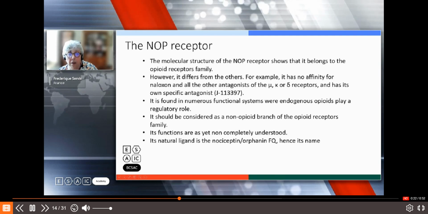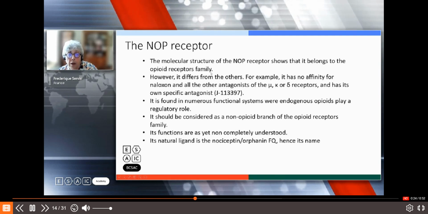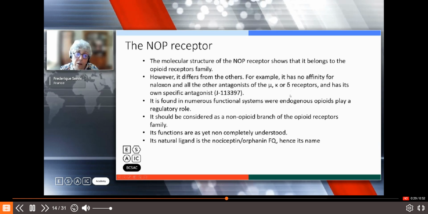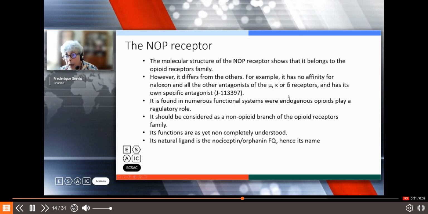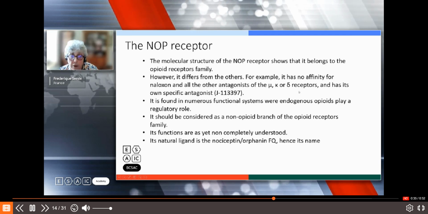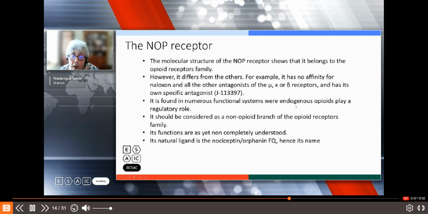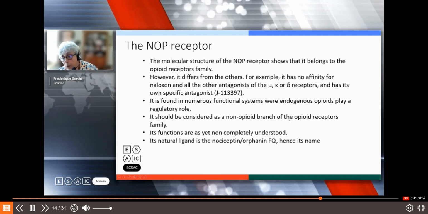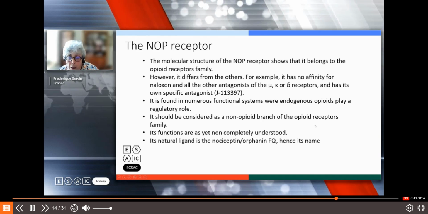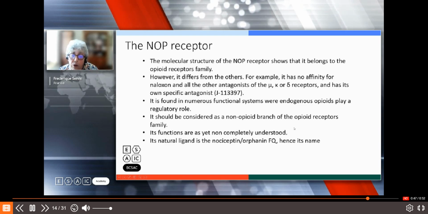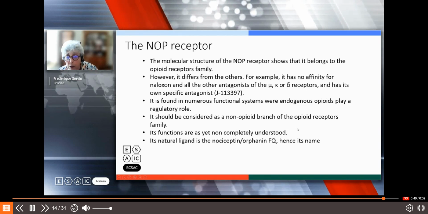So it is an opioid receptor, but it differs from the other ones. For example, it has a specific antagonist, and it has no affinity for naloxone and the other antagonists. In fact, it should be considered as a non-opioid branch of the opioid receptor. Its functions are as yet not completely understood and are under study,